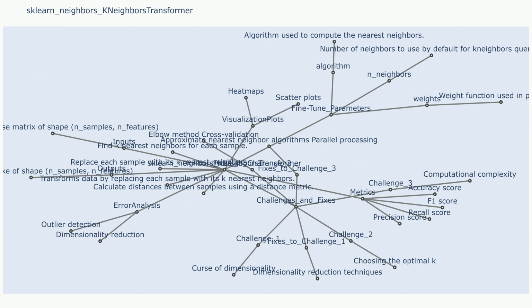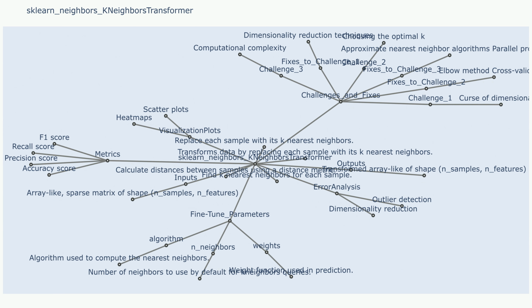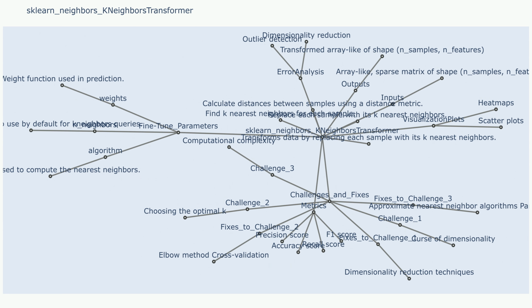Steps. For each data point in the input data, identify its nearest neighbors based on a distance metric, e.g. Euclidean distance. Calculate a new set of features for each data point based on the distances to its nearest neighbors. The specific transformation depends on the chosen method. Distance: the distances to the nearest neighbors are used directly as features. Mean: the average of the features of the nearest neighbors is used as the transformed feature.